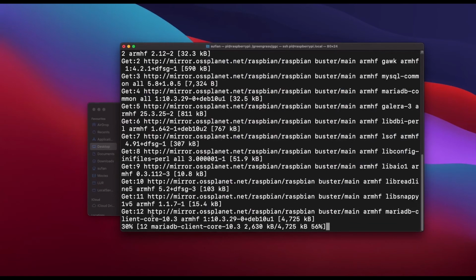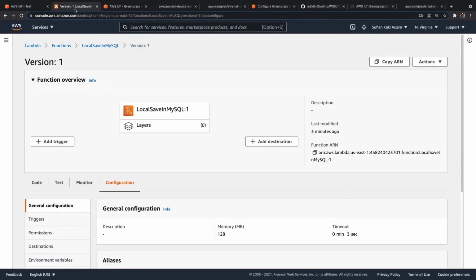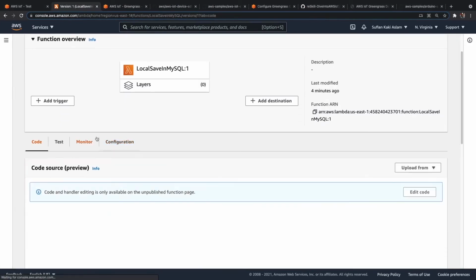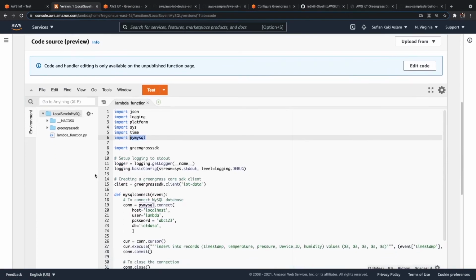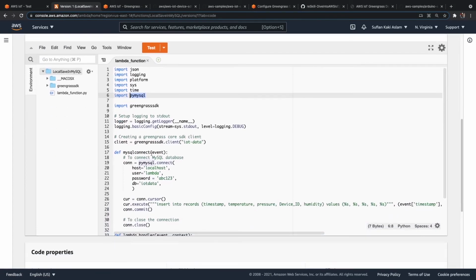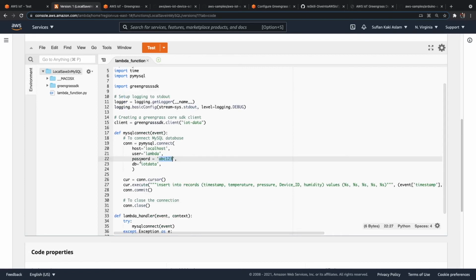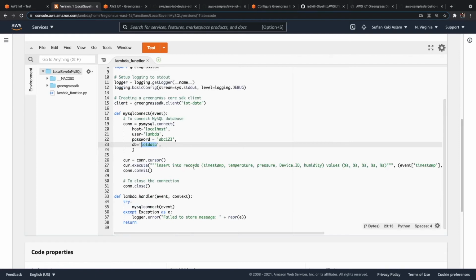Okay, now that we have done all of these things, the only thing we have to make sure of is that MySQL is running on this Raspberry Pi, and that some of the dependencies are installed. When we look at the code here, we need to install PyMySQL, and in that database we need to have a user called lambda recognized by the password abc123, then a database called IoT data, and a table called records.